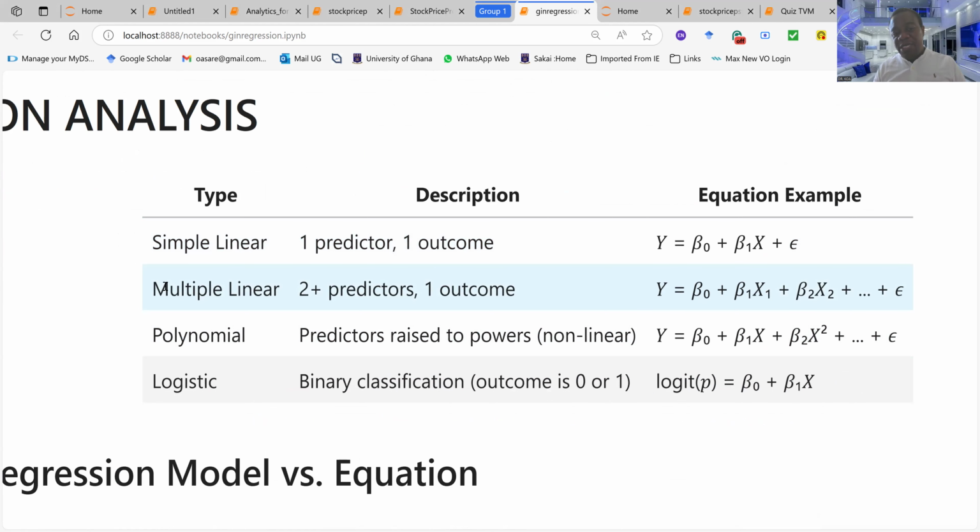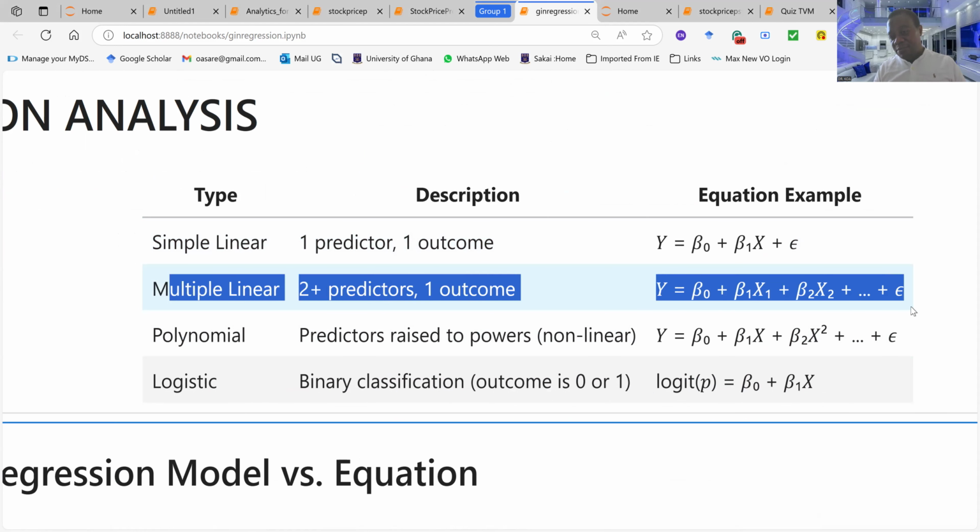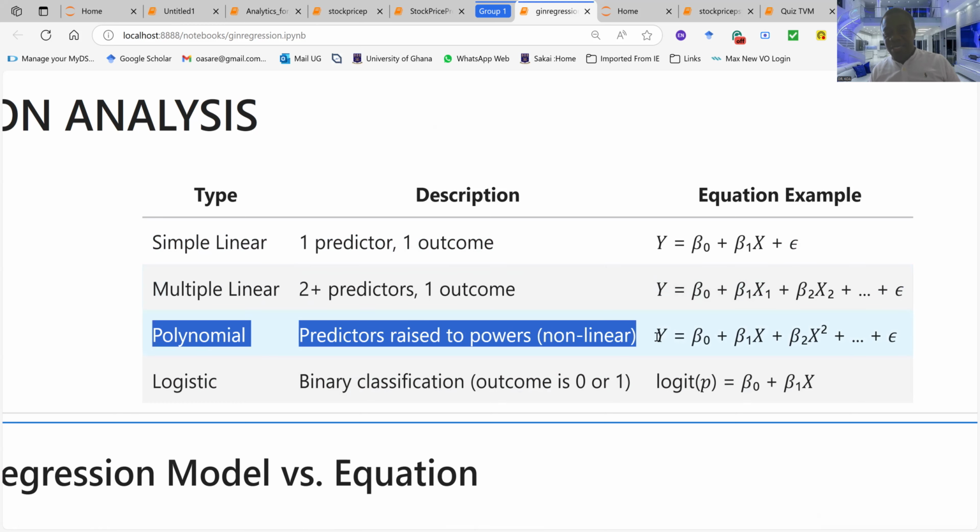So remember, in a multiple linear regression, you can have dummies. So x1 can be a numerical variable, x2 can be a dummy variable. Remember, the relationship is linear. The exponents are all 1, 1, 1, 1, 1. But then there is a polynomial or quadratic relationship, which is not linear. Certain things are not linear in life. For example, the relationship between price and quantity demanded is linear. But the relationship between